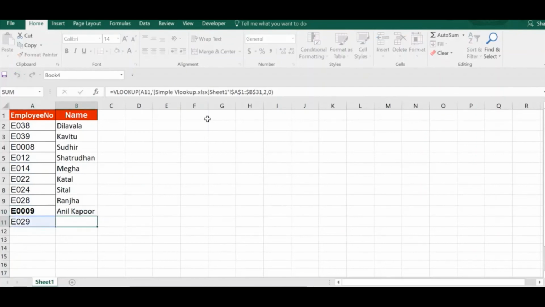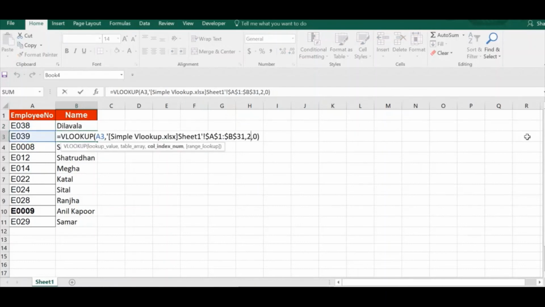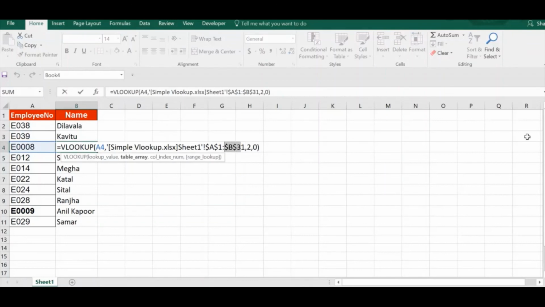So we will understand the formula by pressing the F2 key. The only difference you can see here is that when we use VLOOKUP in two different workbooks, we didn't require fixing the table array range.